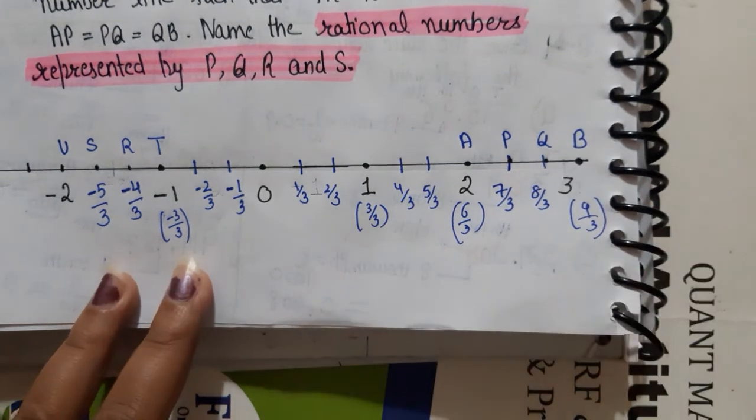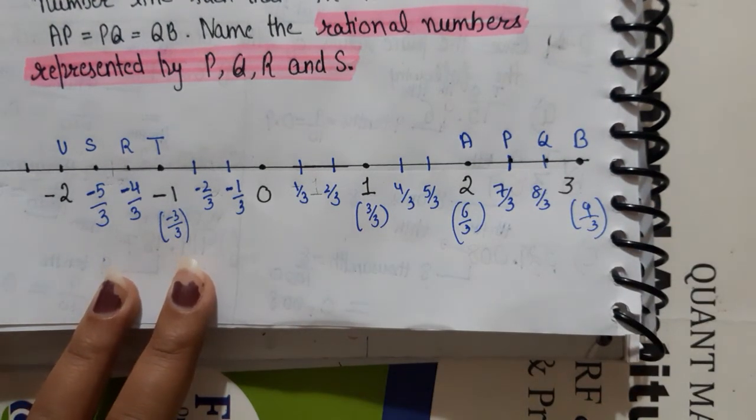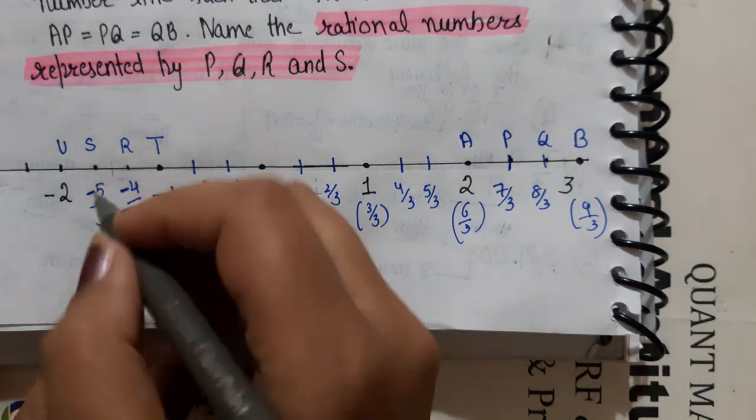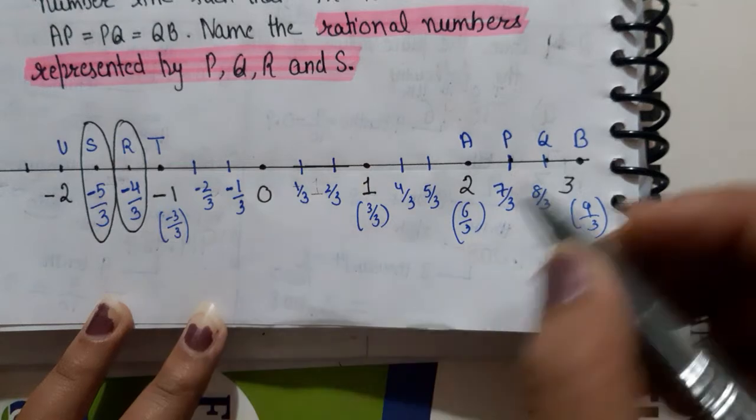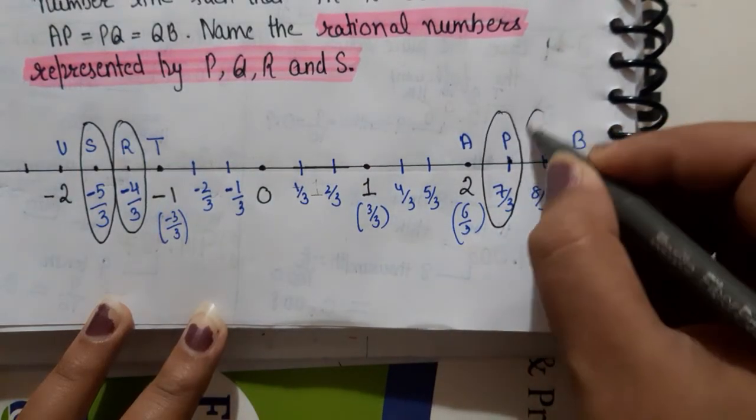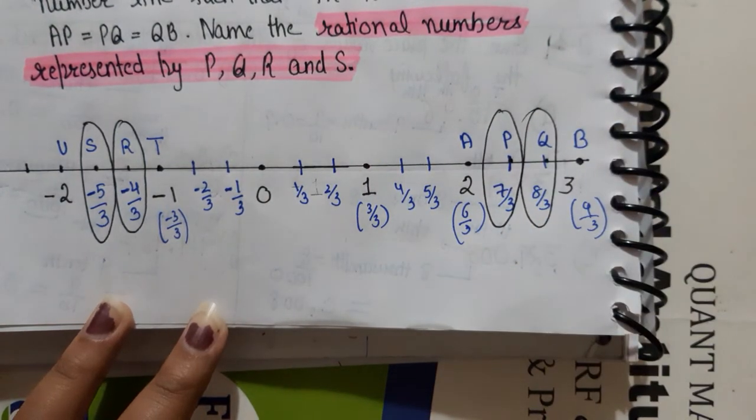But you have to represent only these numbers, so I have shown that S represents minus 5 upon 3, R represents minus 4 upon 3, P represents 7 upon 3 and Q represents 8 upon 3. So this is your answer. Now let's move to question number